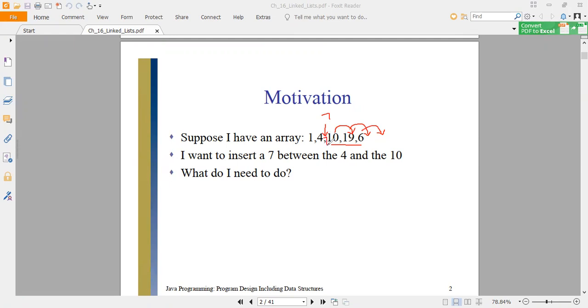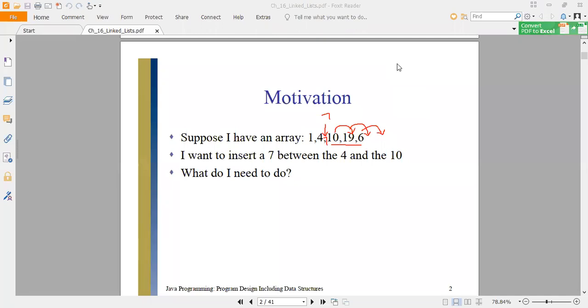So this is quite a time consuming and complicated scenario. When we have to insert or maybe delete one element from the list, we have to shift all the elements. So it is quite a clumsy process.